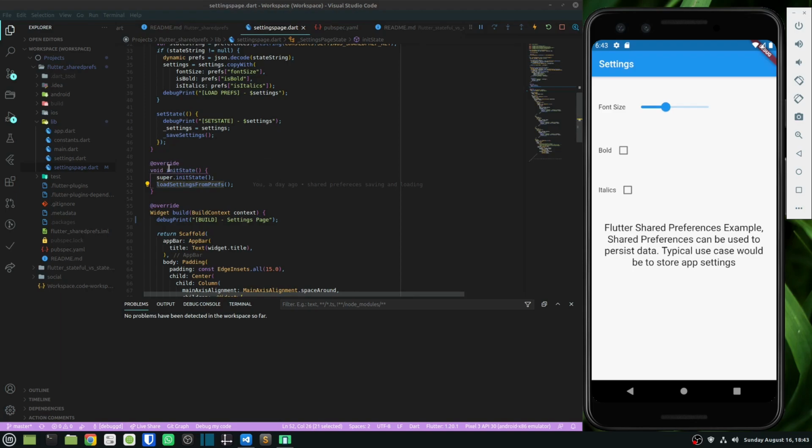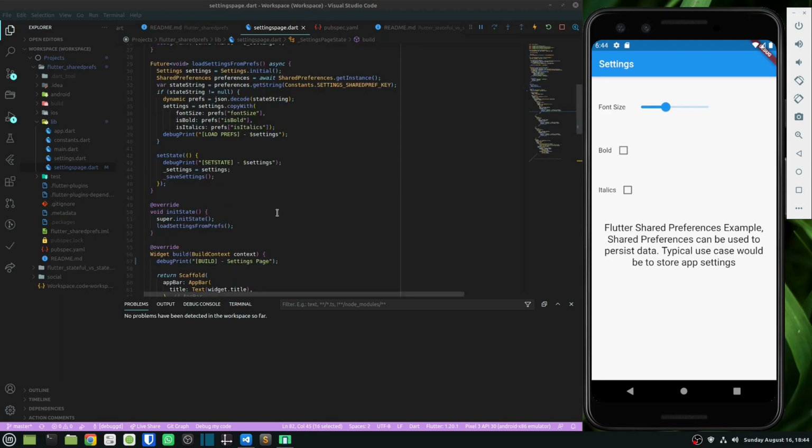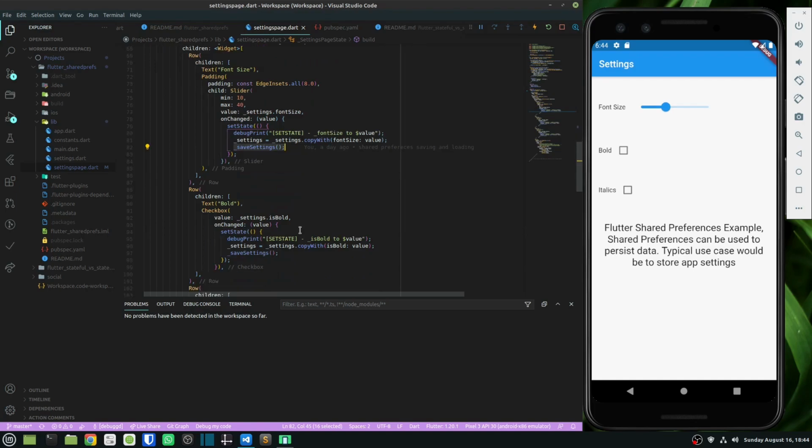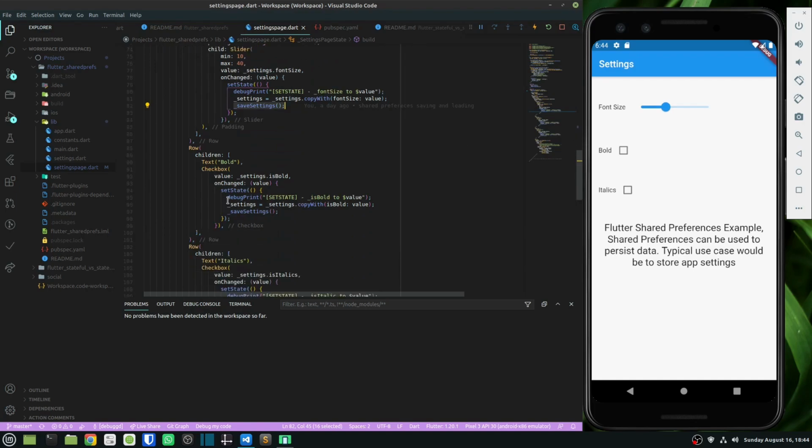For the very first time when the application is launched, it will then load the settings from shared preferences. And going down into my widgets, every time a user action is happening, I am setting the state, and at the same time I am calling save settings to actually save the settings in preferences. Similarly, I am doing it for my checkboxes as well.